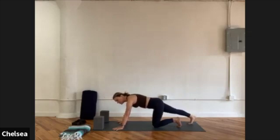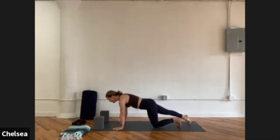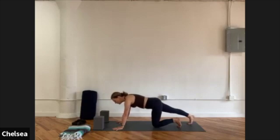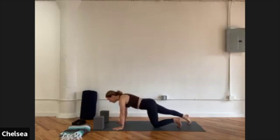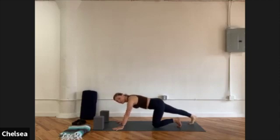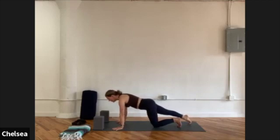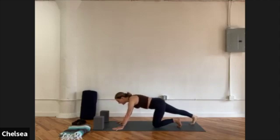But as we go slowly with these pulsations, we can begin to sense what's happening in the foot and the ankle even. Maybe even up to our hamstrings and the glutes. And this is also really nice to release any tension in the pelvic floor muscles on that side of the body, this right side. Take a full breath in, full breath out, come back to your breath, and then rock